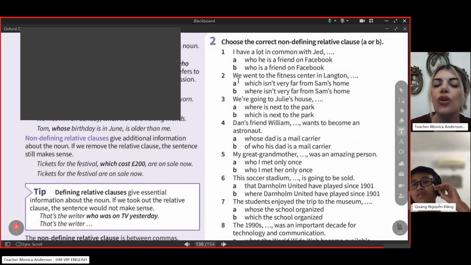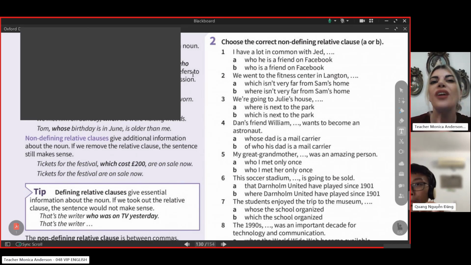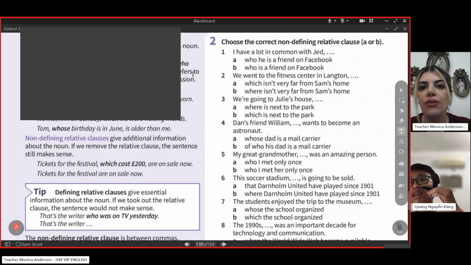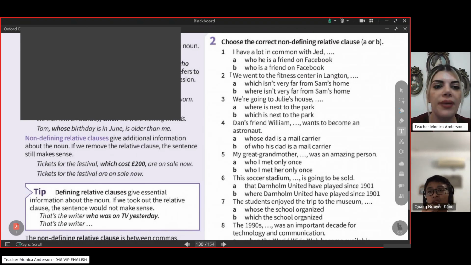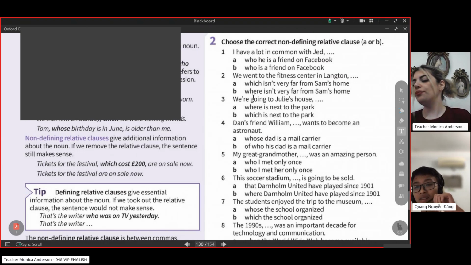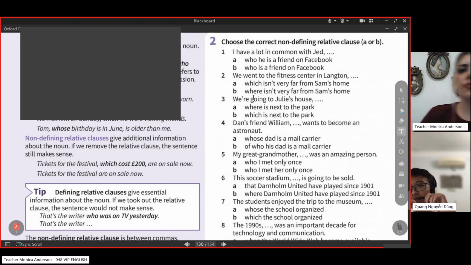Of course. I told you we use these pronouns to avoid repeating the subject or, for example, the object maybe. Okay, are we done? Next. Okay, so A or B, just tell me A or B because I couldn't understand. A or B is the answer? B. B is definitely the answer. Number two.